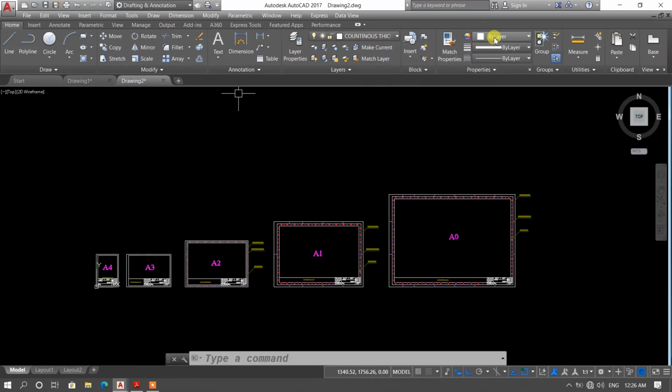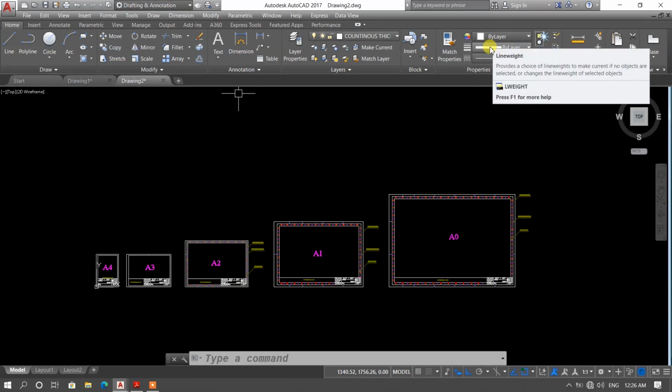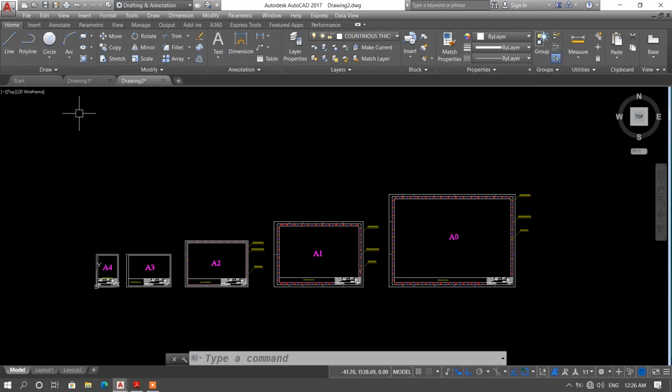Also, you can change the color of the line. Also, you can change the line weight of the line. Also, you can change line type of the line. Now let's look at the file tab option. With the help of file tab, we can switch from one window to other.